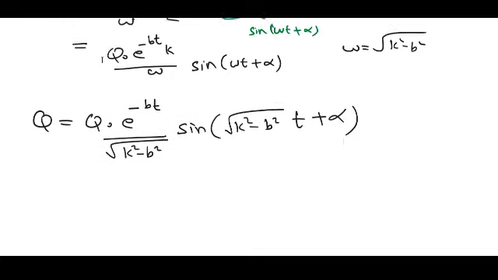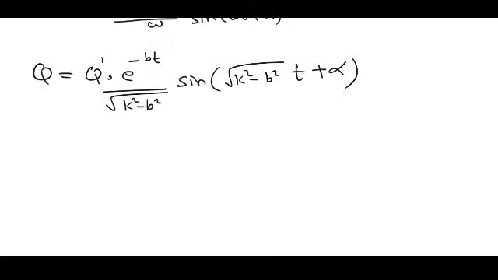Okay. Then if I substitute the values of b and k, we know k square is equal to 1 by LC and b square is equal to r square divided by 4l square. Therefore this q can be written as